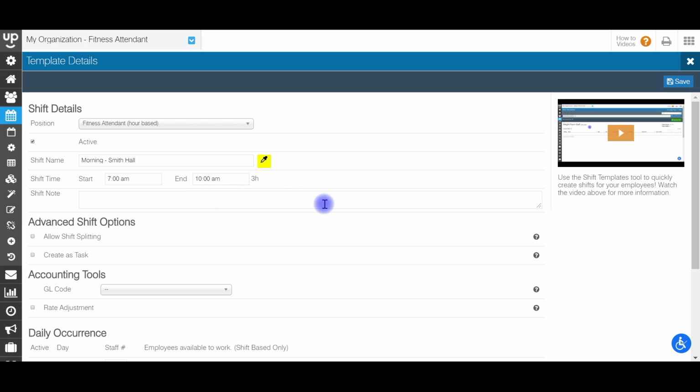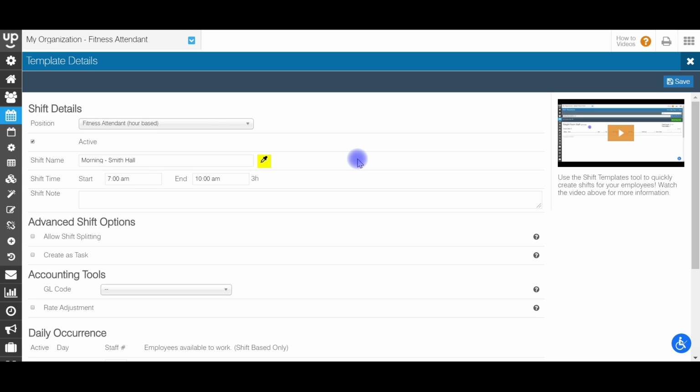However, if your staff's hours change greatly, so maybe one day you'll have a 7 a.m. to 9 a.m. shift, and then maybe the next shift is 9 a.m. to 11:30, and it kind of depends on their availability and what they put in, you might want to consider doing smaller blocks of time here. Find out what is the minimum amount of time that you'd want somebody to come in to work that shift, and space out the shift templates in that block of time throughout the